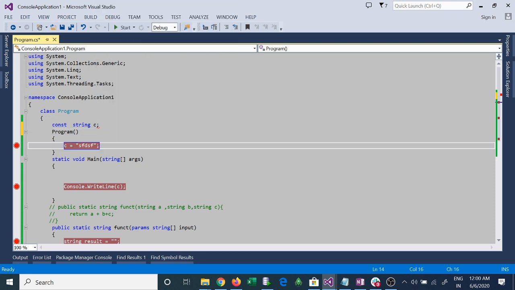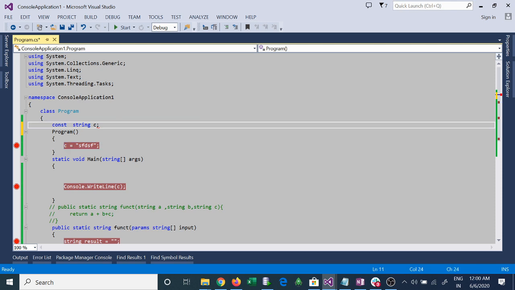So if you check here, we are getting an error. What is the error? A const field requires a value to be provided. It means with the const keyword, the variable should be defined at the time of declaration.